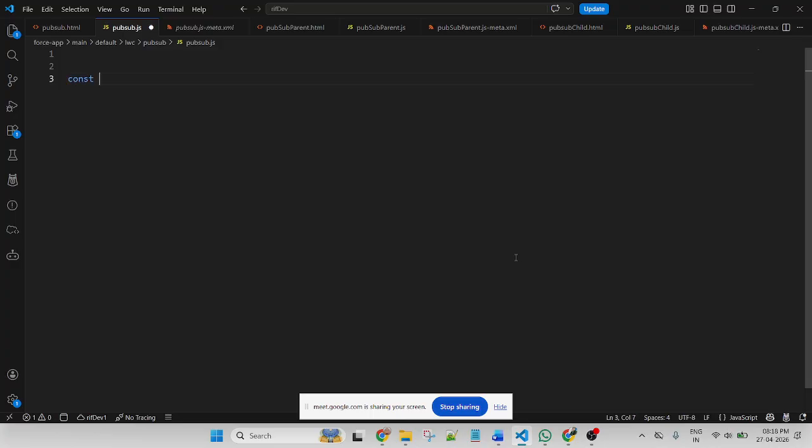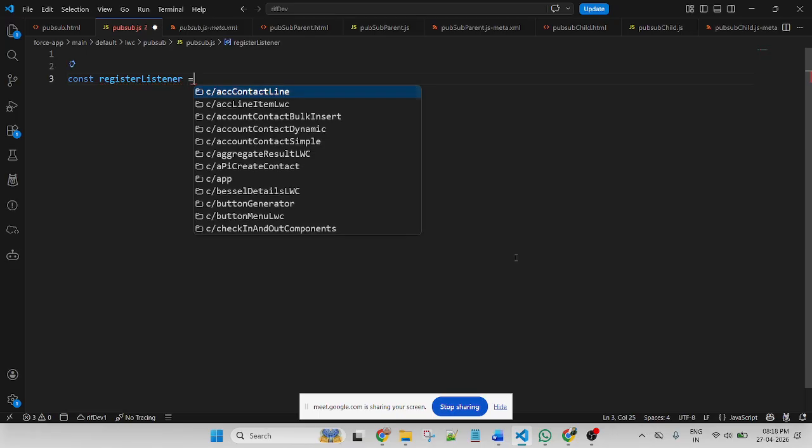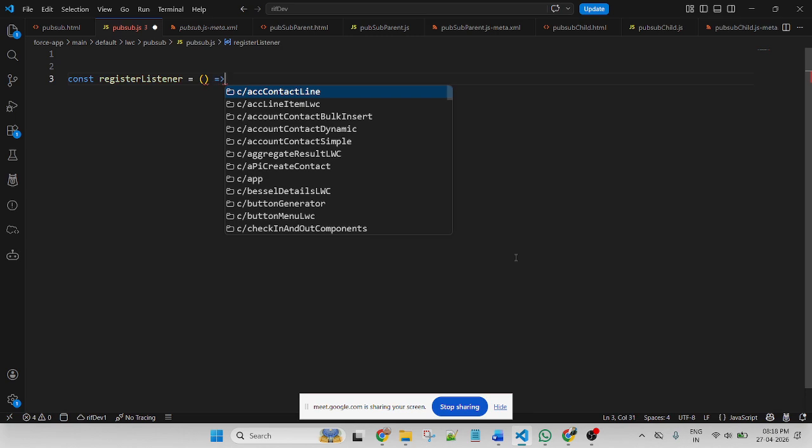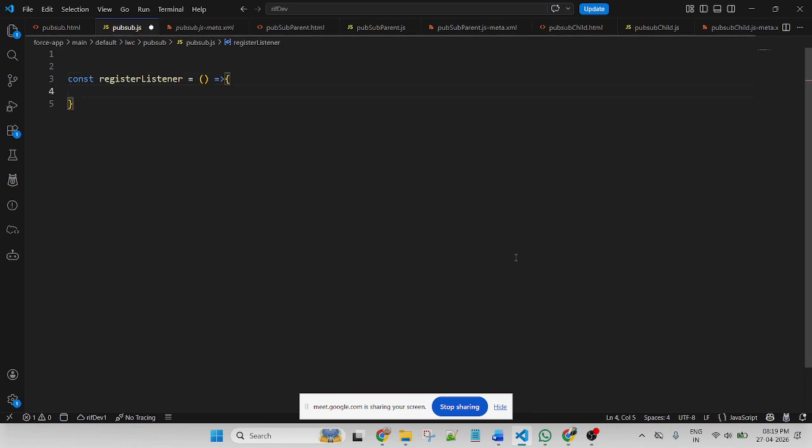So constant register listener, and for register listener we use an arrow function.